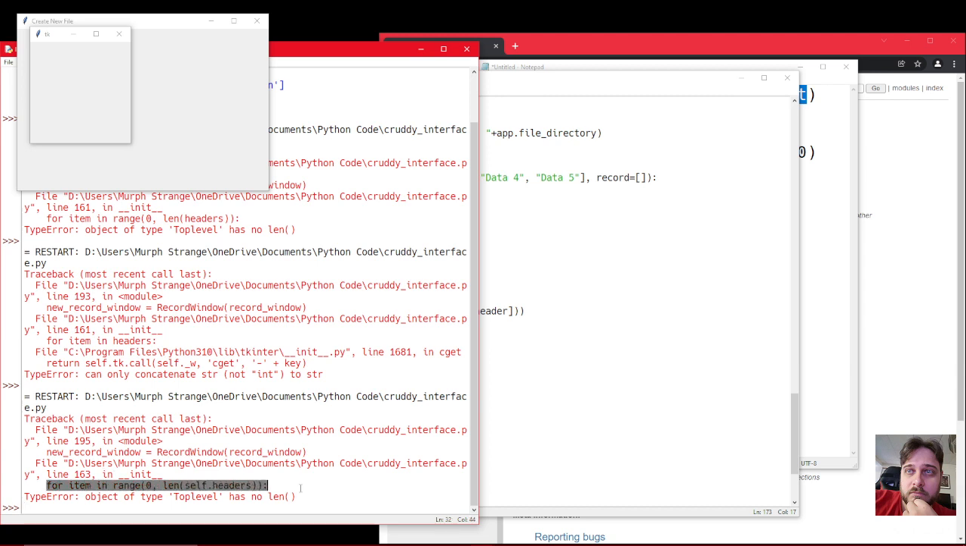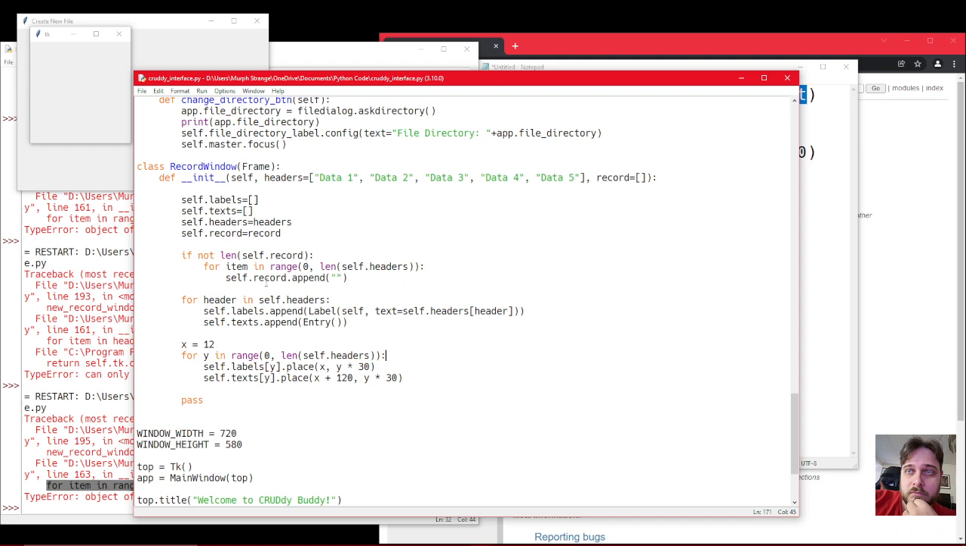And now we're back to this again. For item in range, top level has no len. We're not calling top level's len, we're just calling the regular len. Alright, so for item in range,